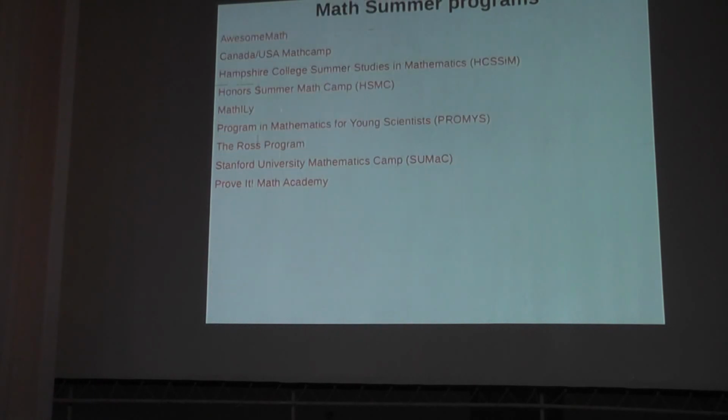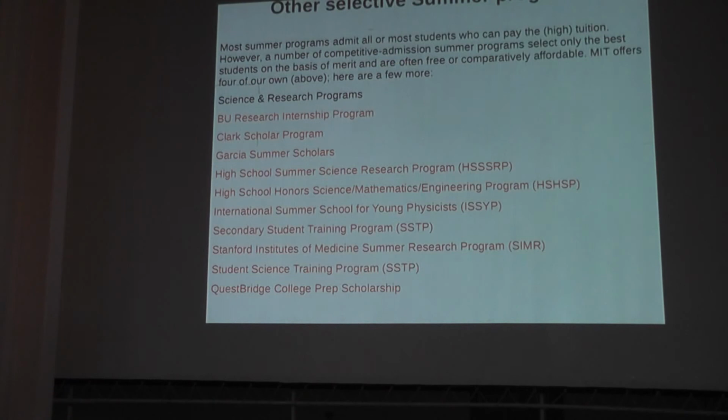So, for example, I know for sure that this one, Canada US Math Camp, has lots of undergrads from Europe and from Asia. Same. I know about that much because I have kids there. And so that I think you can find this list on the web if you use Google, and if you don't know how, ask other people, ask me. So this is all very much worth looking for,